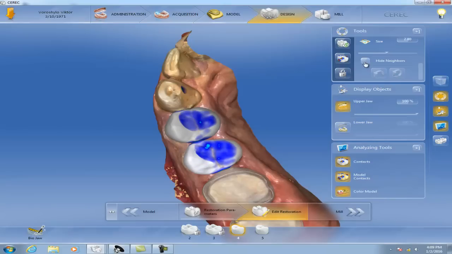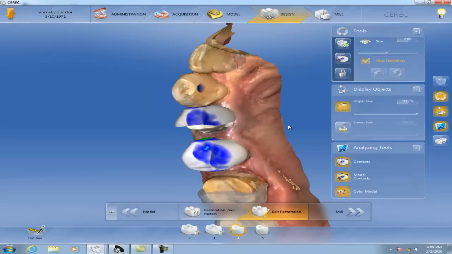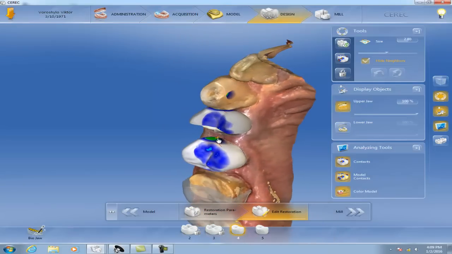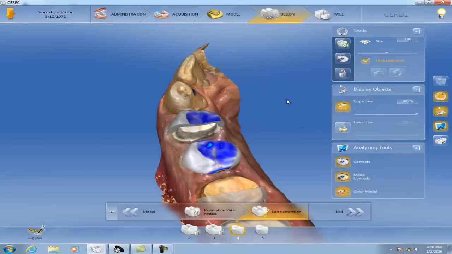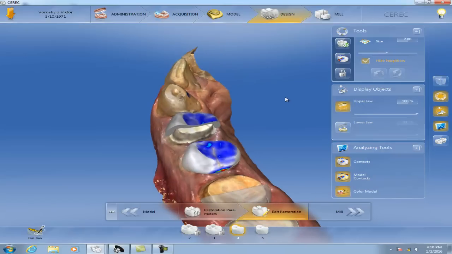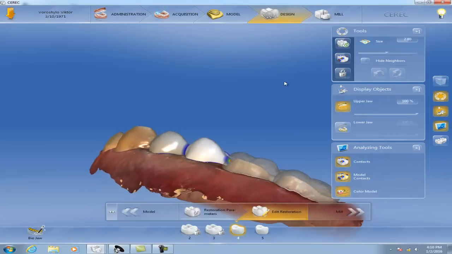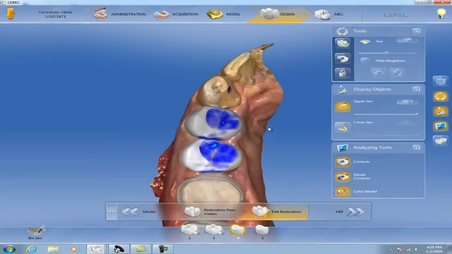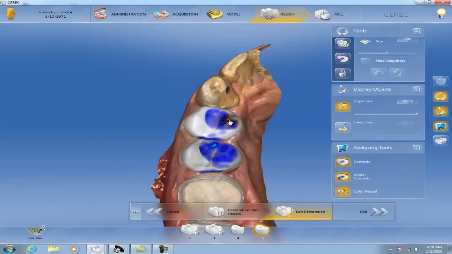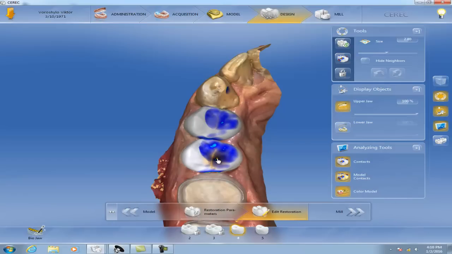This here I've been adding, so for example, if you want to work on the interproximal at the same time, there is easy access. Of course, there are different other features. So we can see the difference again between 4.0 software and 4.3, that it's easy to work with multiple restorations at the same time. So when you go to the mill,